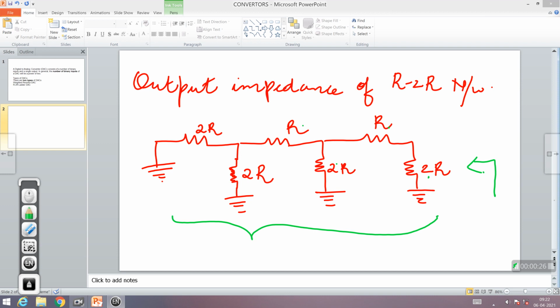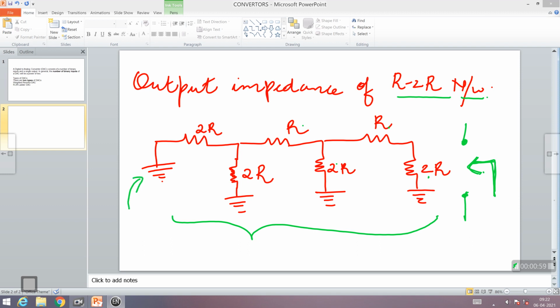For this network, you want to find what is the effective impedance across these arrow lines. So ultimately, what is the effect experienced at these 2 points because of this entire network? So now let us find out what is the impedance of this entire network experienced at these 2 points when I'm given a R and a 2R network. Okay. So if you want to find the effective impedance on this side, you have to start solving the network